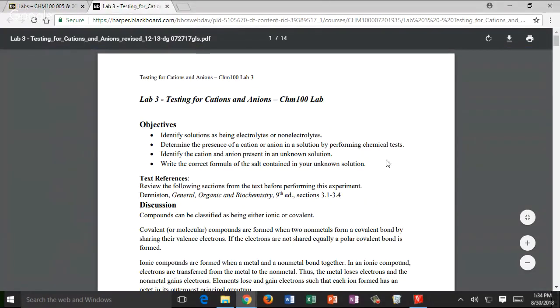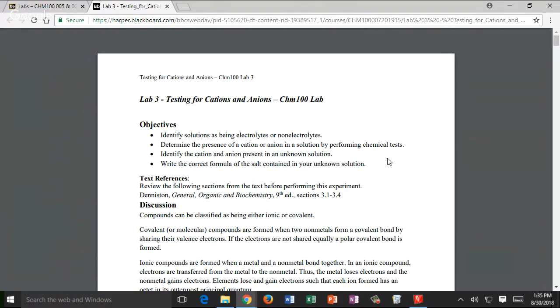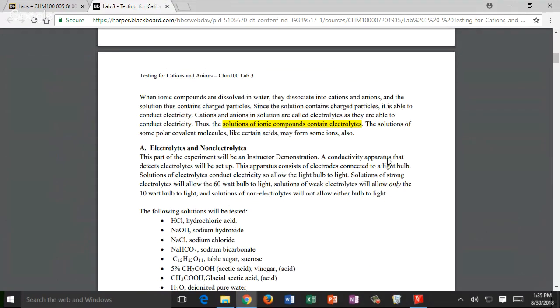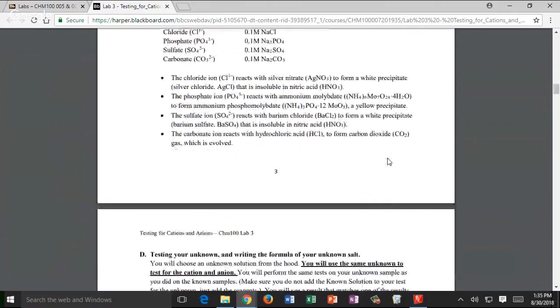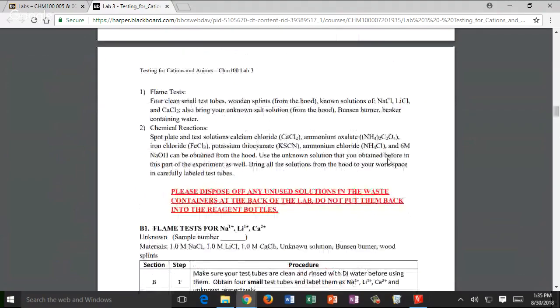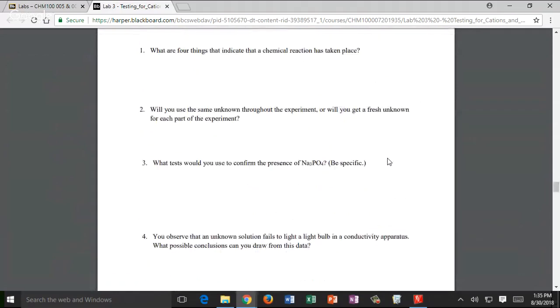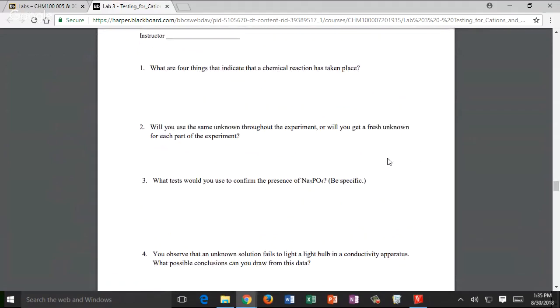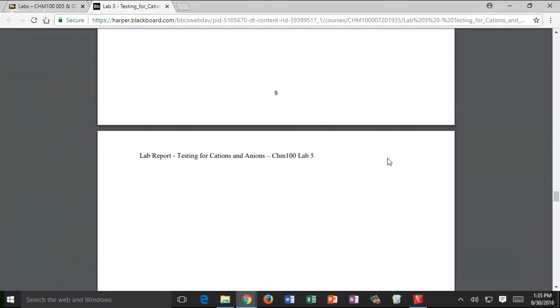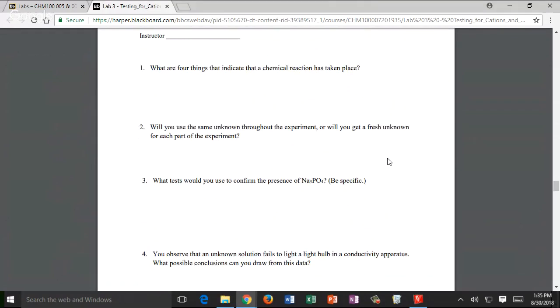So the next lab is dealing with some of the stuff that we've been talking about, looking at ionic compounds and trying to put those ions together. It occurs to me, I don't know why there's highlights here, but probably from our editing, that the pre-lab questions, yes, okay, good. I was worried the pre-lab questions were going to ask stuff that we didn't do yet. But they are not. So I think we're good.